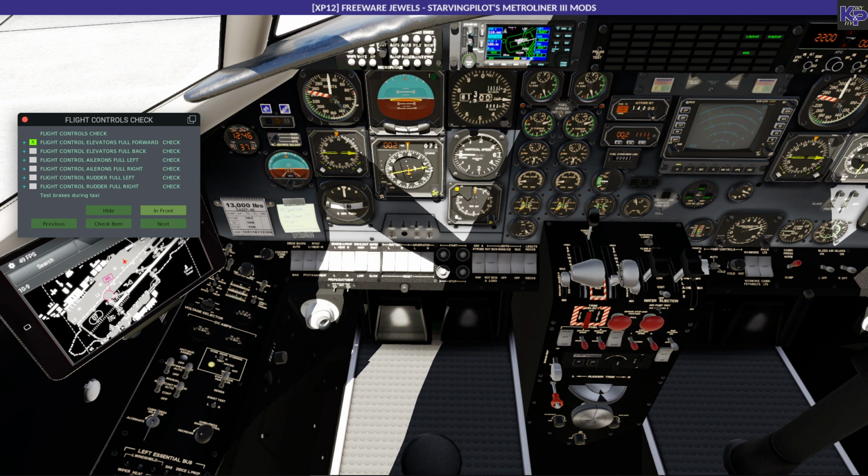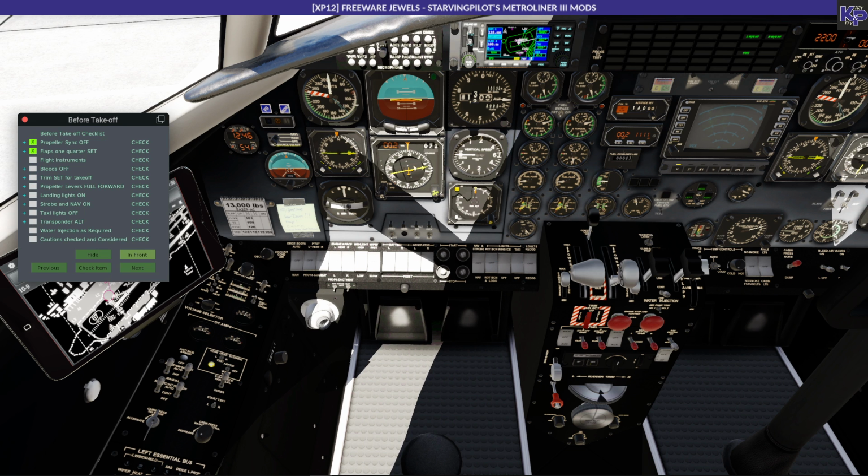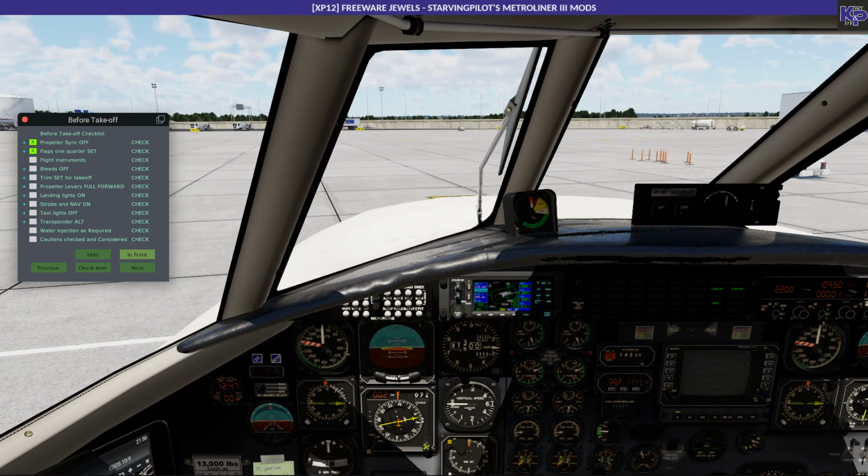Elevator full back. Aileron full left. Aileron full right. Ailerons full left. Ailerons full right. Flight controls rudder full left. Flight controls rudder full right. That was the flight controls check, and so we're now ready to go to